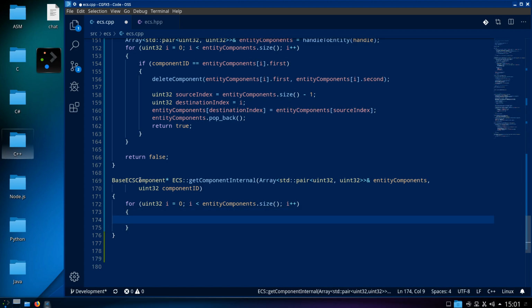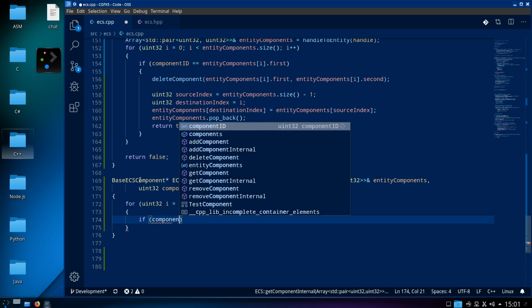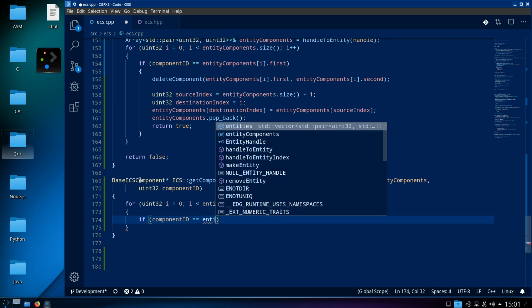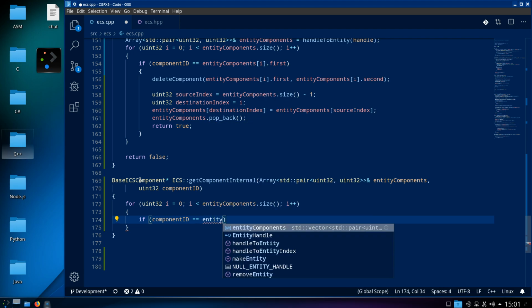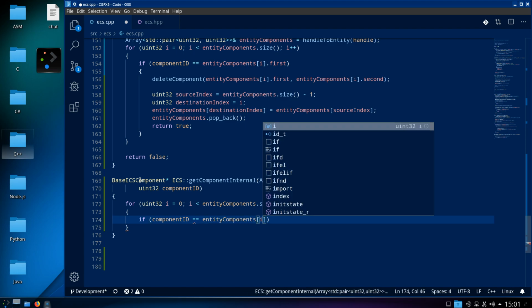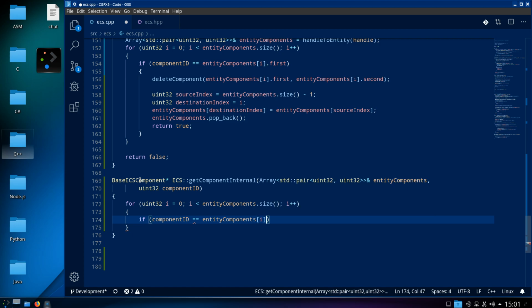So if we got component ID is equal to the entity components I first, yeah, second is the index. So first,